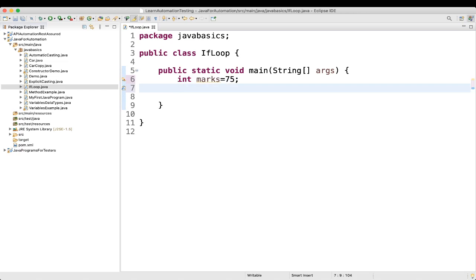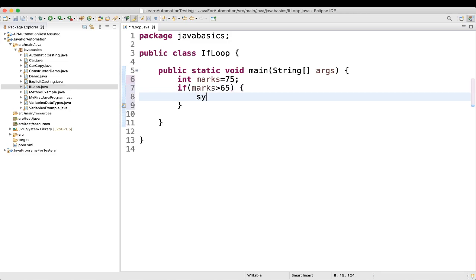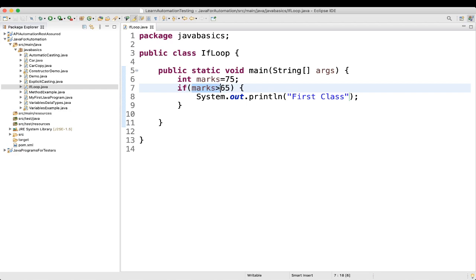Then we are telling if marks is greater than 65, then we'll print something: first class. If someone is scoring more than 65, we are telling it as a first class. So the condition here is marks should be greater than 65, then we'll tell it as first class.